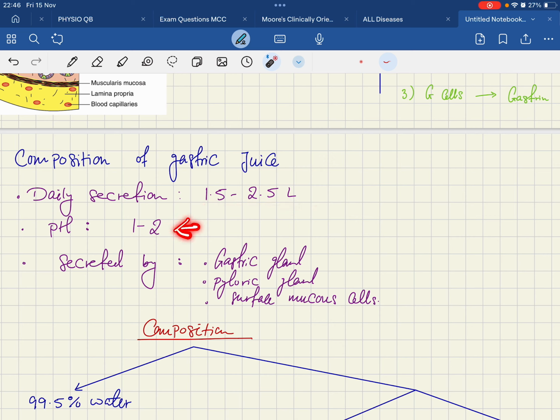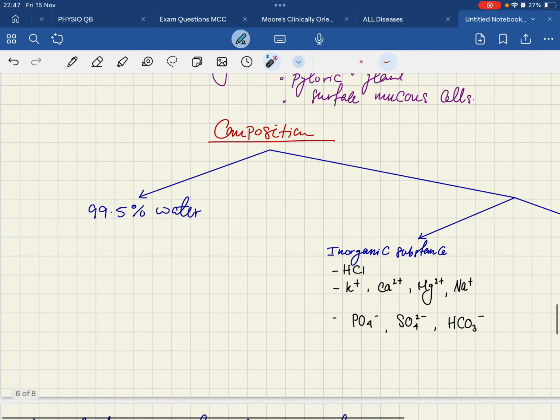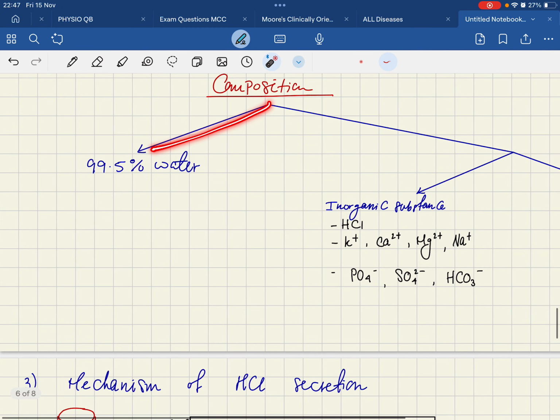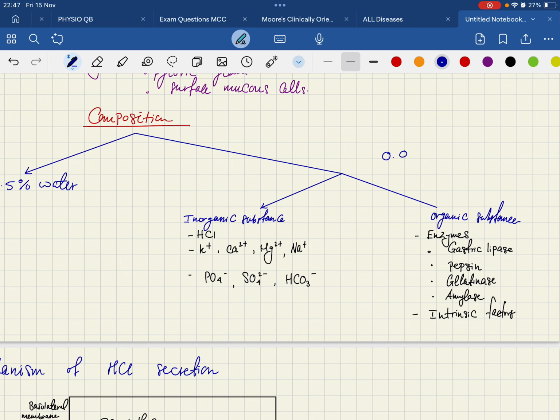The pH is very acidic, 1 to 2, and it's secreted by gastric gland, pyloric gland, and surface mucus cells. So the composition: 99.5% is made up of water. In some books it's even written 99, but it's negligible. And then the other 0.5%